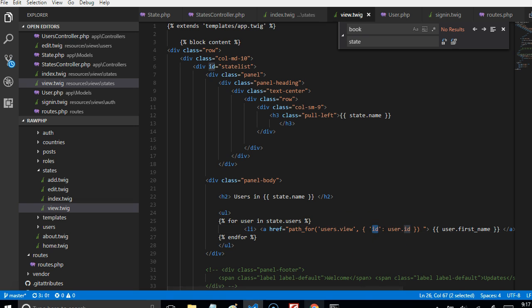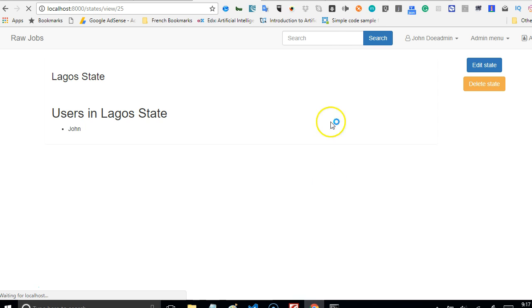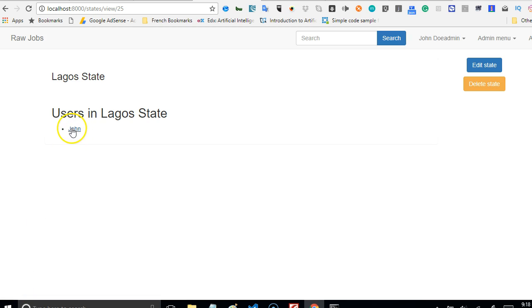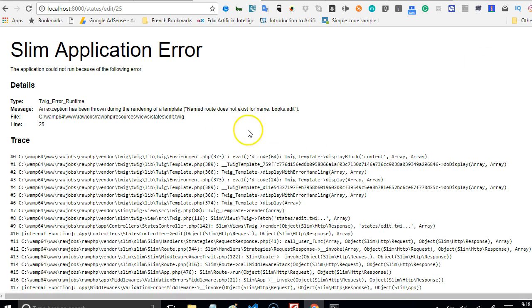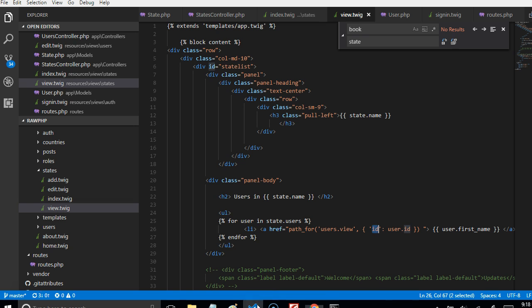Alright, so if we come back here, we have users.view, and then we have an ID field. Okay, so when we get back and refresh, it should work perfectly. So we can head over to our edit page and make sure that our edit page works well. So I'm refreshing the view page right now. So far this is pretty cool. As you can see, this is now a link, and then we'll work on this edit because if we click it now, we're supposed to see an error because we've not fixed a lot of things. So if we go to the edit page,